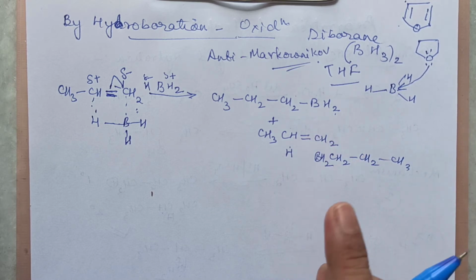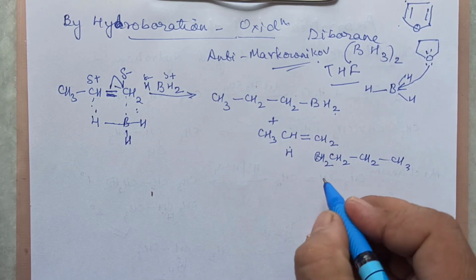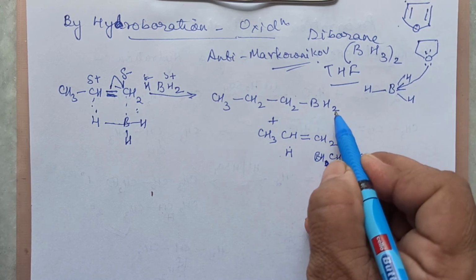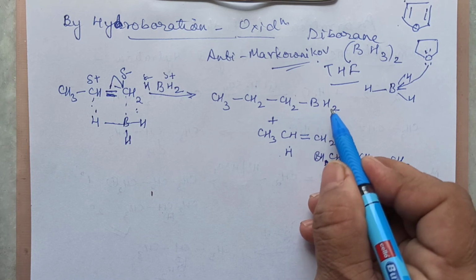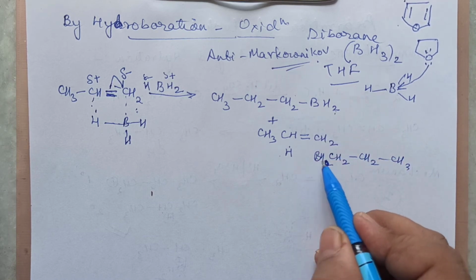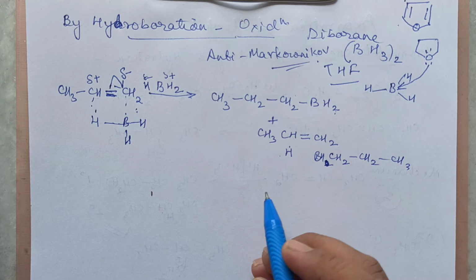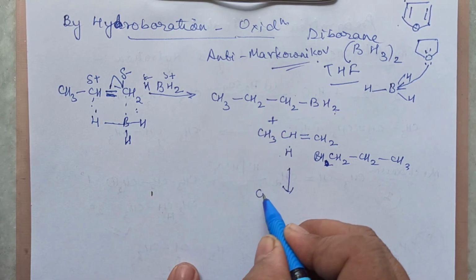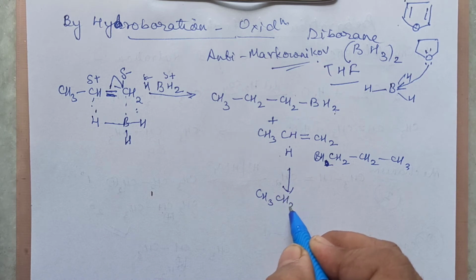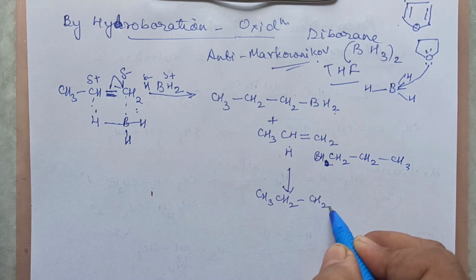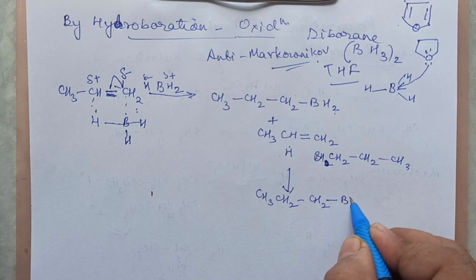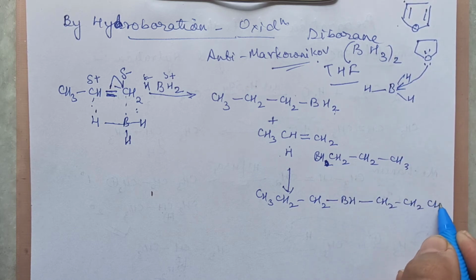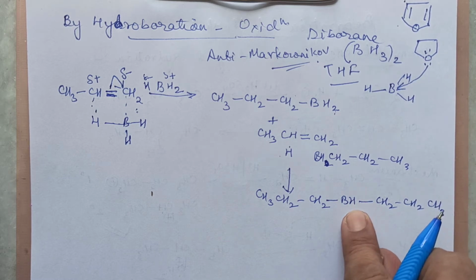So when this is added here, from this it will be now only BH, because from here H has added. So one H from here has added here. So what is left over? Only BH. So this BH and this whole thing will get added here. So when this is added now, children, what you will have? This H has gone, means it will form CH3, CH2, and now you will have CH2, and in between you have BH, and this side you have CH2 and CH2 and CH3. Still it is having one hydrogen.